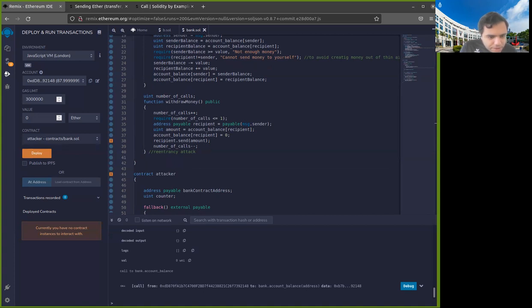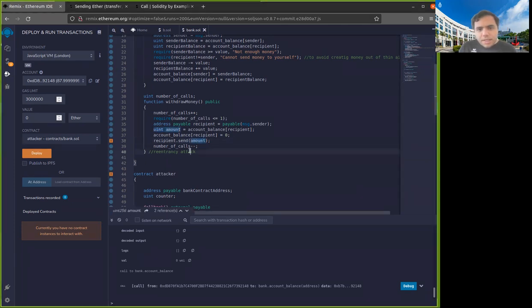Another question is, won't this allow concurrent call of the withdraw function from two different entities? Generally, we don't have concurrency. I have to be more specific. We have concurrency in the sense that two different people can create transactions that call functions of the same contract, or maybe even the same function, and they can concurrently publish these transactions at almost the same time on the blockchain. But we don't have concurrency in the execution, in the sense that whenever a miner creates a block, they